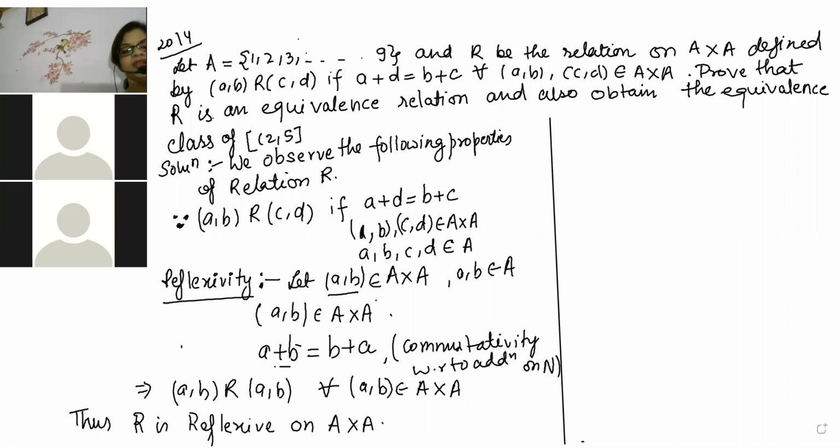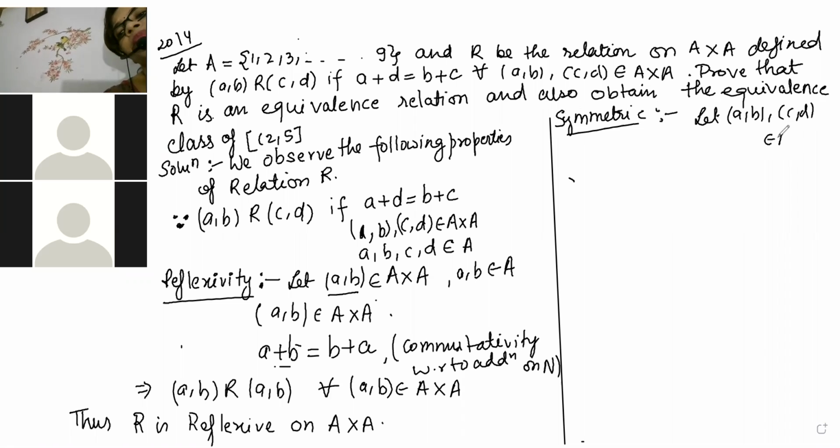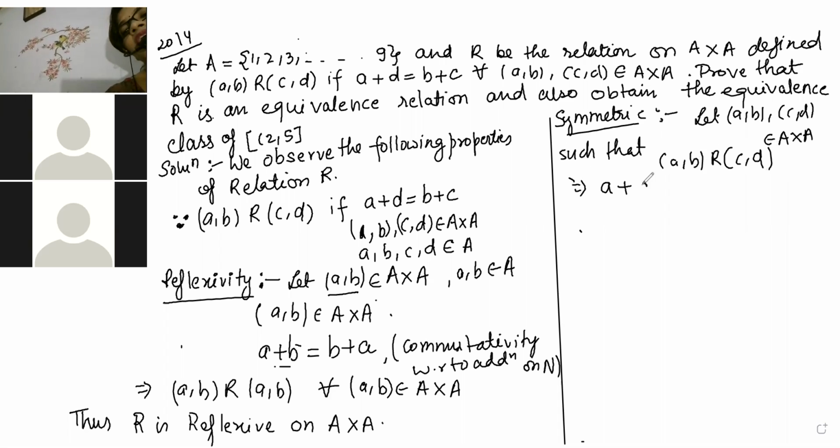So now, going back to symmetric conditions. Function related questions will come. So beta, first again we will say let (a, b) and (c, d) belong to A cross A. We have done this part already. Since they belong to A cross A, we already know that (a, b) is related to (c, d). When (a, b) is related to (c, d), that means it can be written as a + d = b + c. Okay, a + d = b + c.